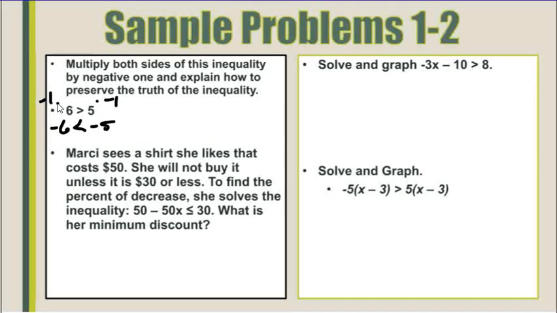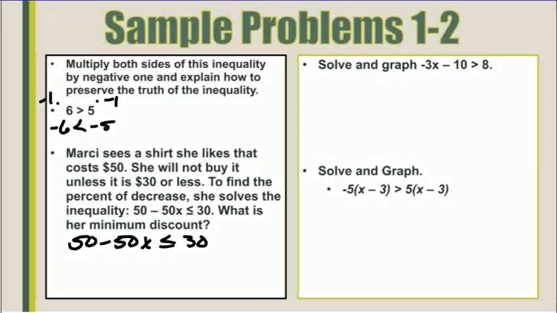Let's take a look at a word problem. Marcy sees a shirt she likes that costs $50. She will not buy it unless it is $30 or less. To find the percent of decrease, she solves the inequality 50 minus 50x is less than or equal to 30. What is her minimum discount? So I'm going to take my inequality